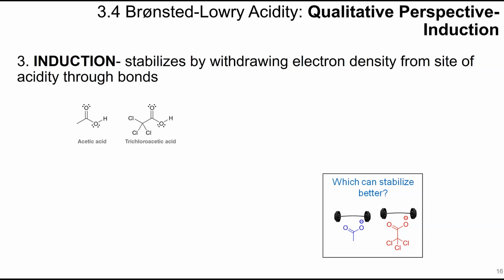So that's going to stabilize by withdrawing electron density from the site of acidity through bonds. So it's kind of like playing tug of war. You're going to compare acetic acid with trichloroacetic acid. This acetic acid has just hydrogens. This one has electronegative chlorines that are on there. That's the only difference between those two. So if we draw the conjugate base,